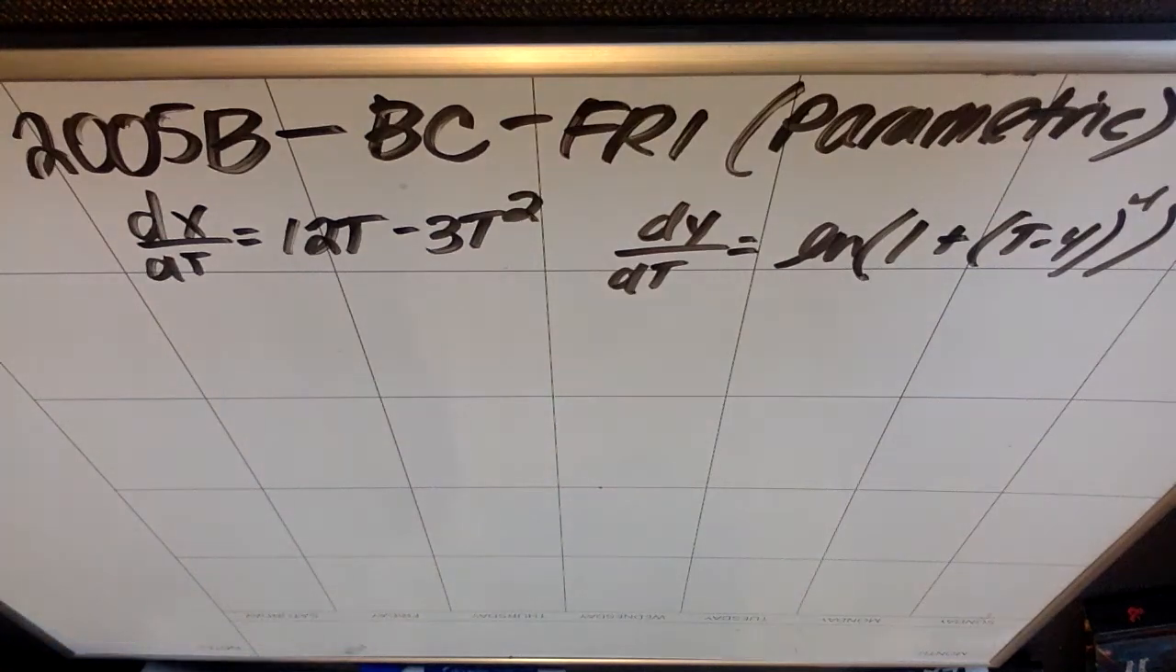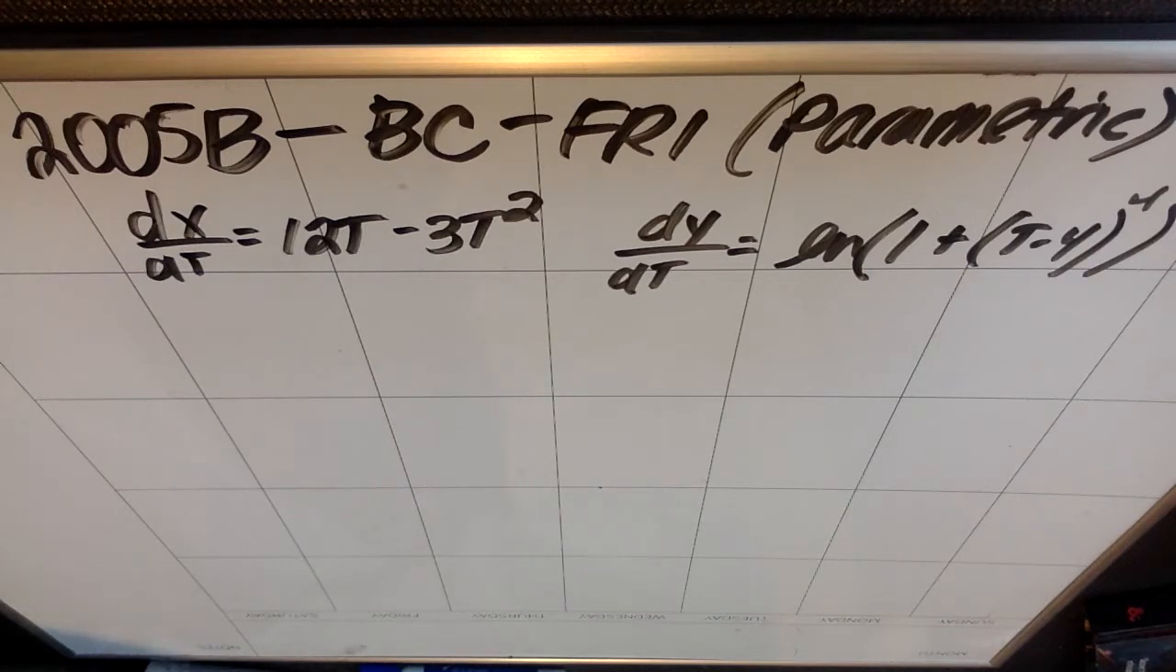We're going to do another AP free response. This is 2005 Form B, BC free response 1, which is a parametric question. As with all question 1s in the last decade and a half, this is a calculator permitted and sometimes required question. All right, so we're given that an object is moving along a curve in the xy plane, and it